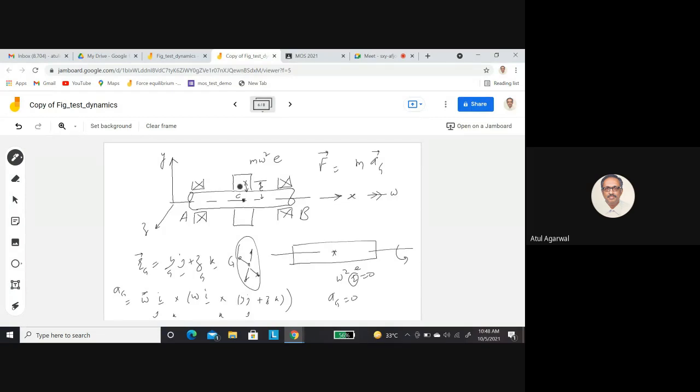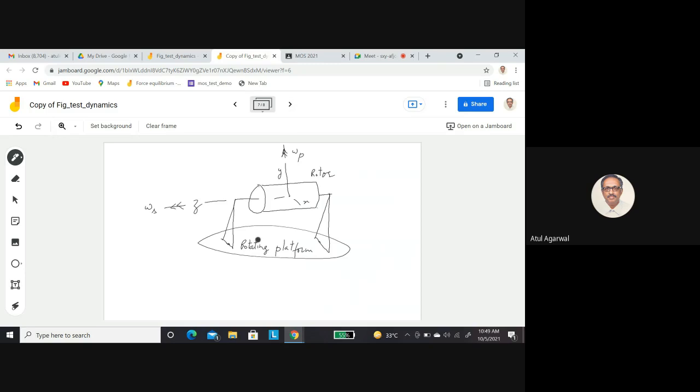So the bearing is applying a force in this direction. There is a net force coming from the bearings in this direction. And as the shaft keeps spinning, this force will keep rotating in your YZ plane. Whatever the direction of the acceleration of the centroid, accordingly the forces from the bearings will also keep changing direction. So this shaft will be rocking in the bearings. You will get a rocking noise. So that was one question.